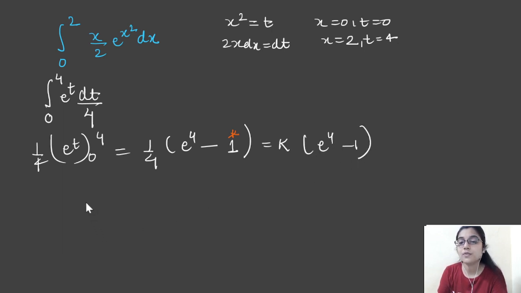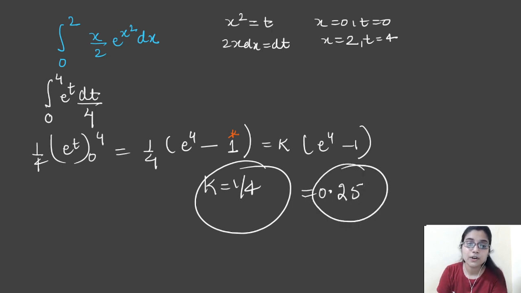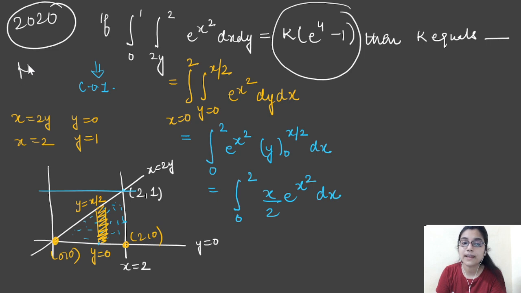So obviously what you have to do now is compare it, and if you don't get the 1 here, you won't be able to compare, right? So you will just get that 1 by 4. So what is going to be the answer? The answer is going to be 0.25. Okay, so we got the answer for this question, and it was a NAT question from the question paper of